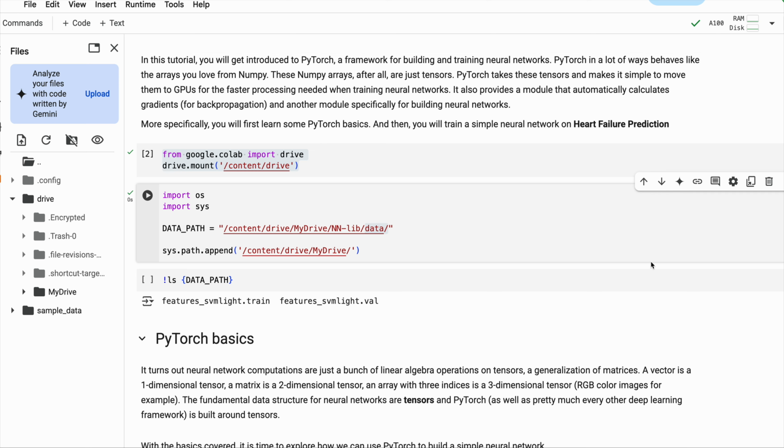In this tutorial, you will get introduced to PyTorch, a framework for building and training neural networks. PyTorch in a lot of ways behaves like the arrays you love from NumPy. These NumPy arrays, after all, are just tensors. PyTorch takes these tensors and makes it simple to move them to GPUs for faster processing needed when training neural